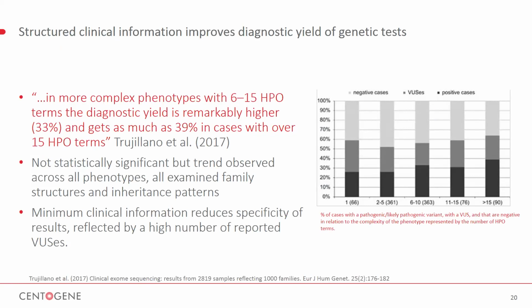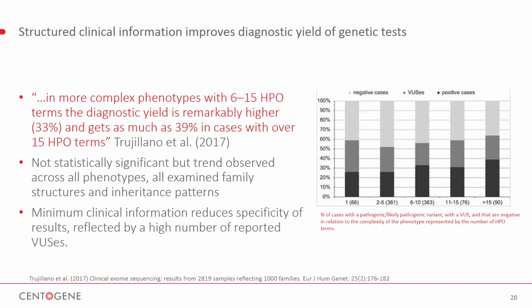We've established that it's important to be as specific as possible and to go up the hierarchy where necessary, but not the reverse, not too high. When we look at this study here, it gives a good example of another factor that's important to consider, and that is the number of terms that can be relevant for a case. Specific information is good, but as this example will show, a full clinical description using multiple specific HPO terms is